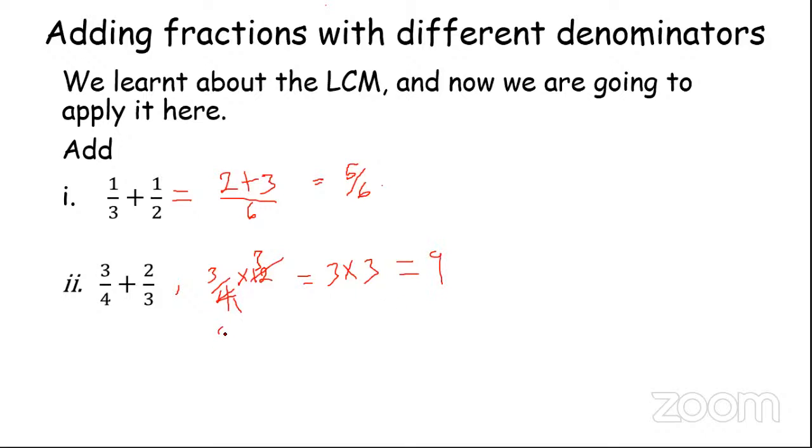And then also get 2/3. Multiply it by 12. So by 3, 1. By 3, 4. So this would be 2 times 4. And this would give us,